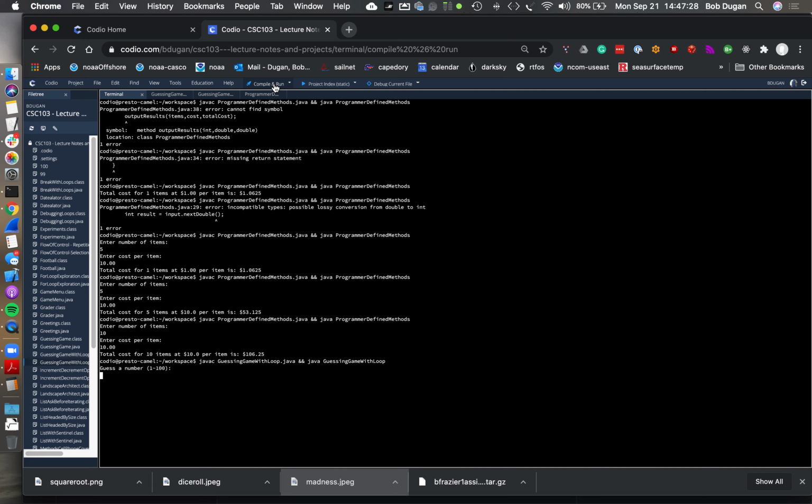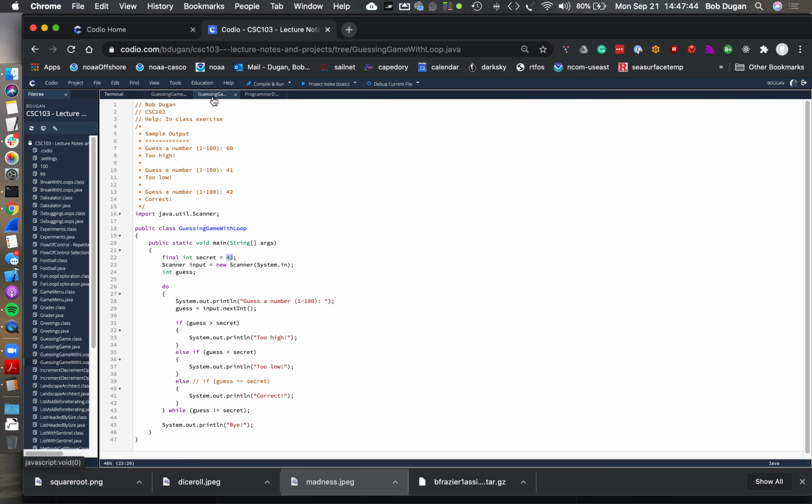Okay, guess a number. We'll say, I guess 50. It says too high. I guess 40. It says too low. I guess 42. And it says it's the correct number. Okay, cool. So how can we take this program, guessing game with a loop, and modify it so that we're